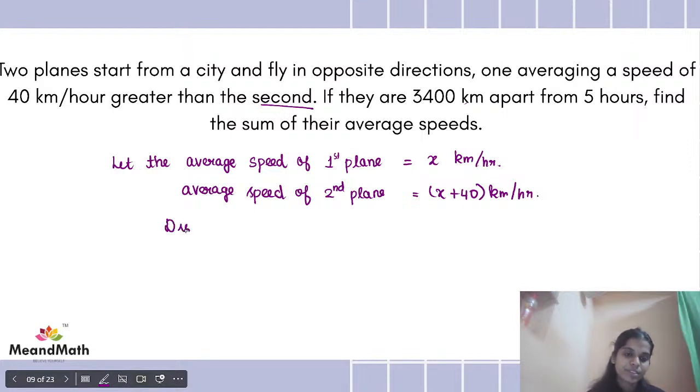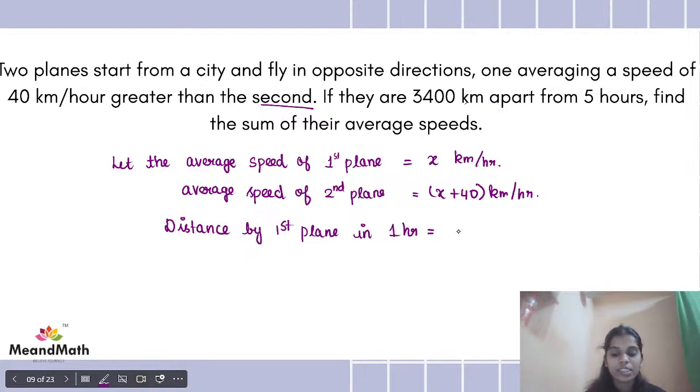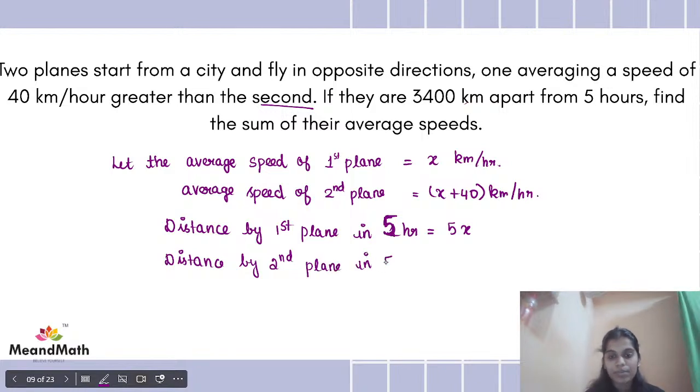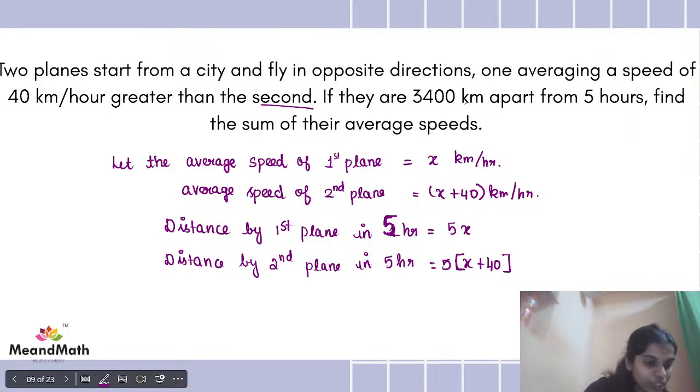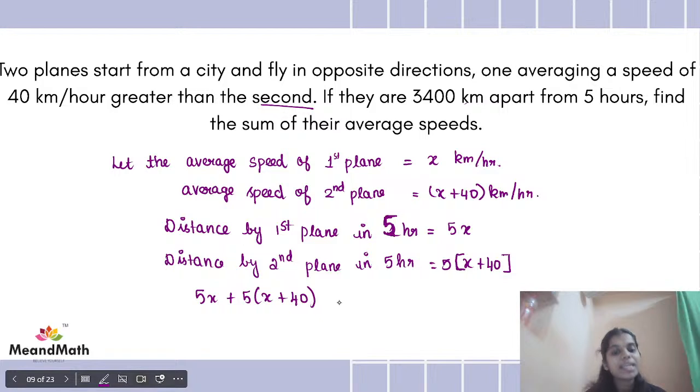So, distance, right? Distance by the first plane in 5 hours: in 1 hour is x, so in 5 hours is 5x. Okay. Distance covered by the second plane in the same 5 hours is 5 times x plus 40, right? Now we are going to solve this. What we know, they are 3400 kilometers apart. So 5x plus 5 times of x plus 40 equals